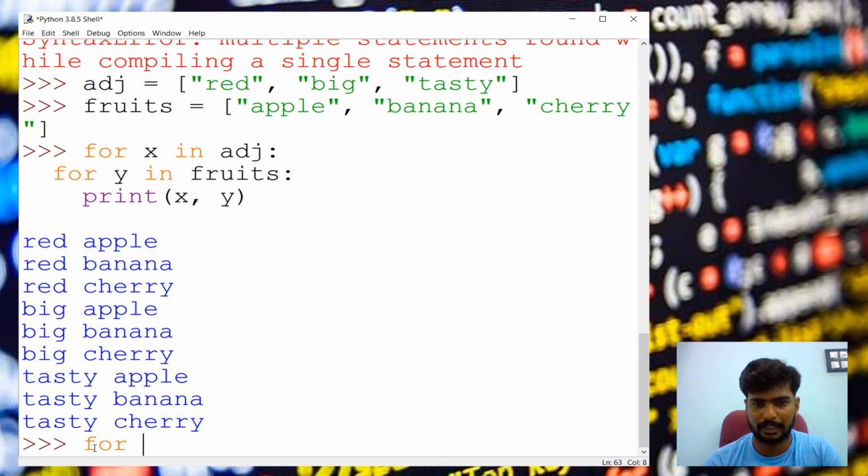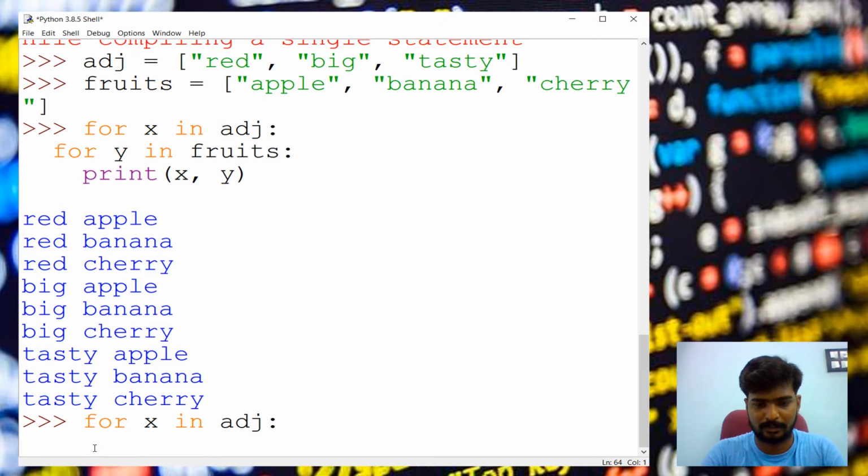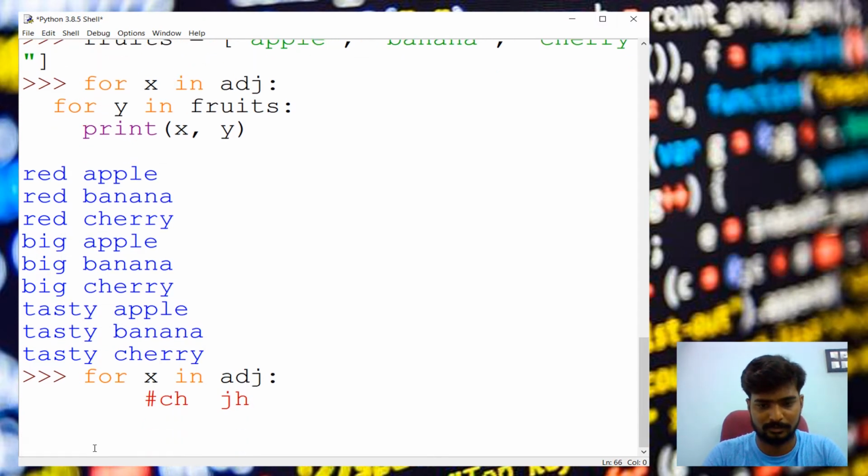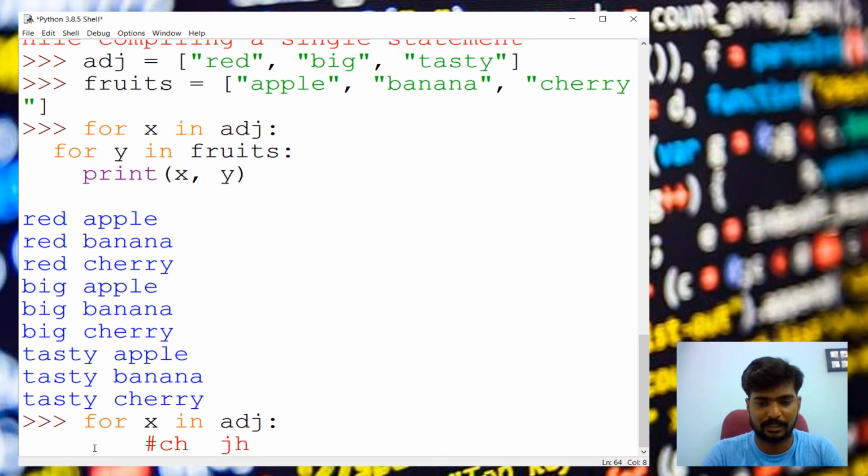When you want to do nothing, for example if I write for x in adj, without print or anything, without giving anything here, I can't complete this statement. You can see it is not executing because it's expecting some statement, but we are not giving anything there.